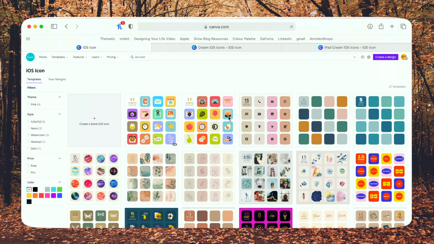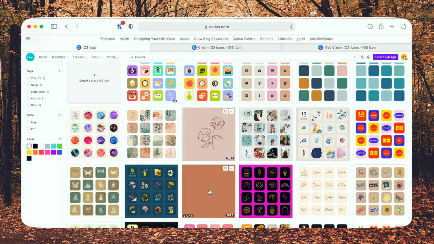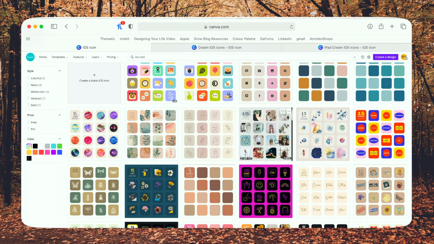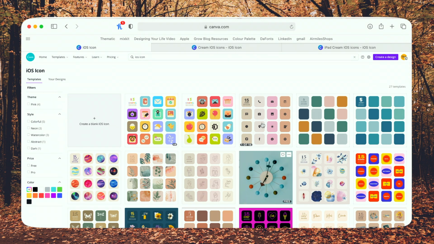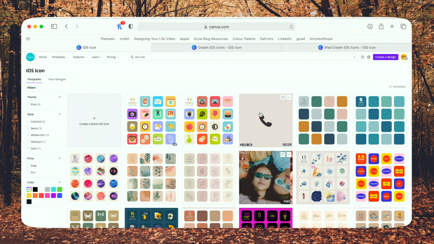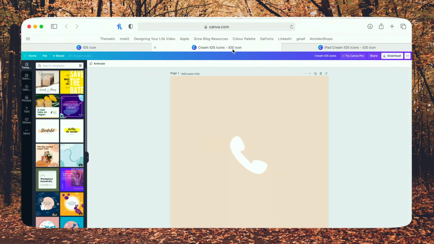So these are some of the options they give you. I debated using this one with the words. I did like that one. There's also the option of doing plain colors, or you can also do photos, whether it's photos that you have already taken or ones provided by Canva or elsewhere. And of course, different icons representing the apps, which is what I did. So this is the one that I chose specifically. We'll go to what I customized.